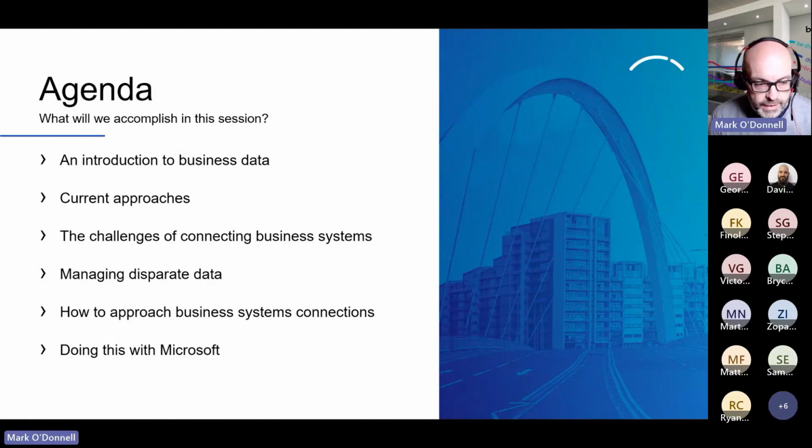The agenda is deliberately high level and inevitably will pass over some fairly large areas quite quickly. If there's interest in particular areas, then feel free to get in touch after, or as I say, stick something in the chat and we can maybe discuss here just now. It's a huge area, and I'll try and be as succinct as possible, but it's not always possible to do that in a short webinar.